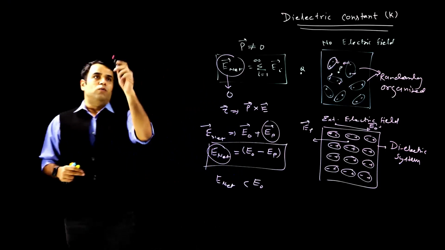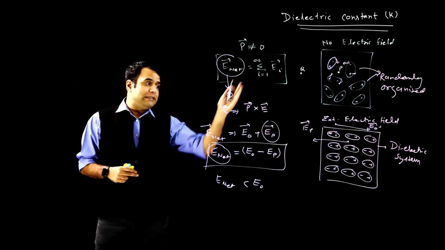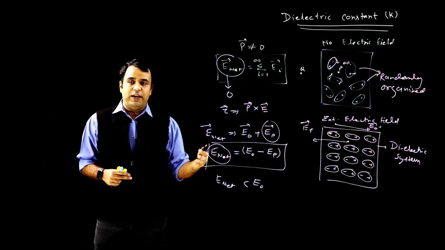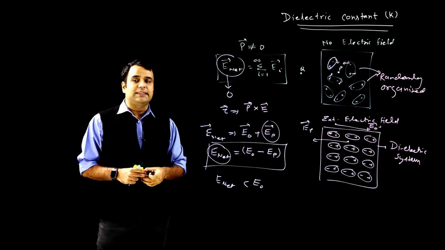So what we do here, this E net value depends upon the system. Since different systems will give you different values of E net, there has to be some property of the system which will